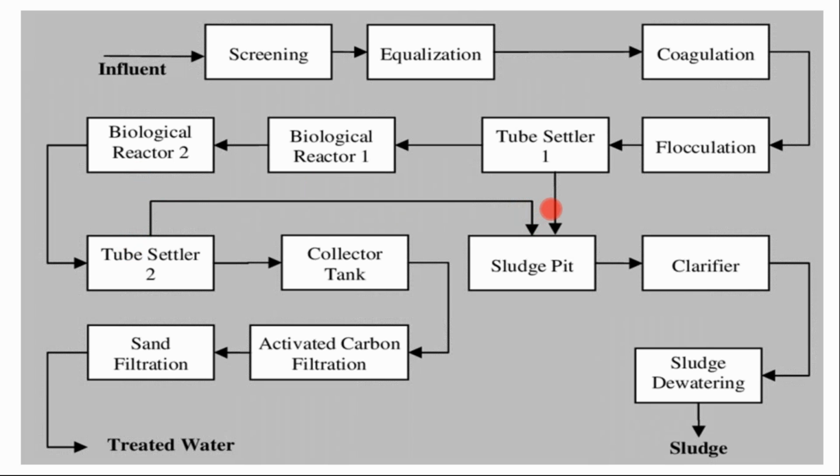So depending on the characteristics, if it is a semi-solid wastewater, or more solid having liquid particles, then they can send it to the sludge pit. So if you observe that this wastewater can easily generate sludge, then you can send it to the sludge pit, from tube settler 1 or from tube settler 2. If semi-solid substances are there, or if you observe that after evaporation of the water this sludge can be prepared, then you can send this wastewater from tube settler 1 or tube settler 2 to the